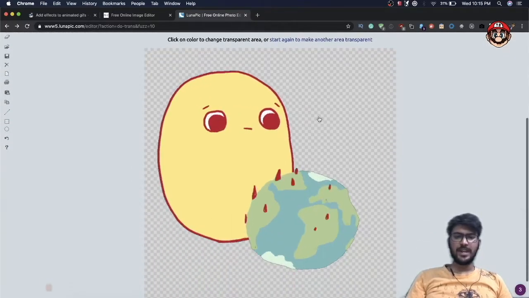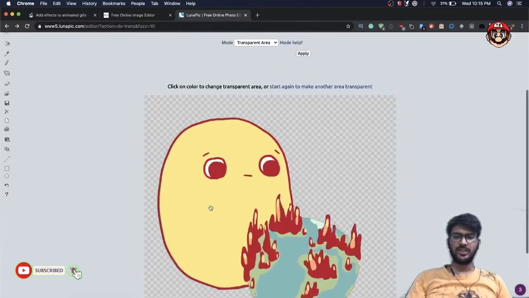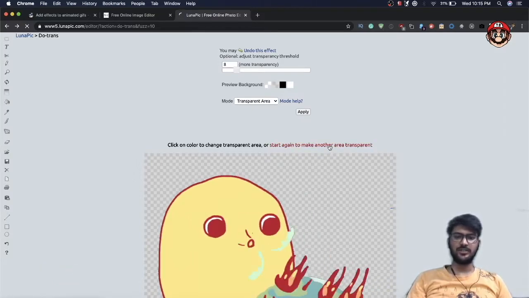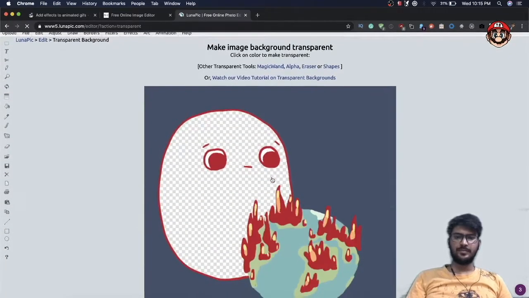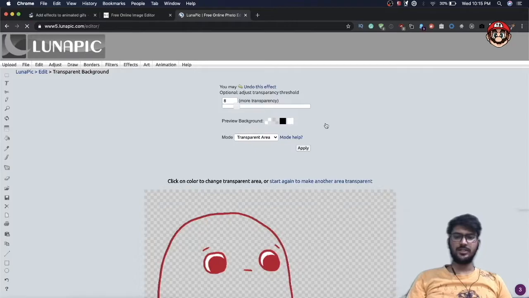As you can see, the background is removed, but if you want to remove this body color also, you can start again to make another area transparent. If you want to make multiple colors transparent, you can click this one, and then click on some other color, and it will remove that color also.